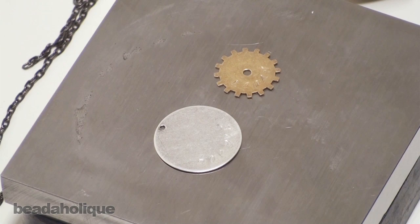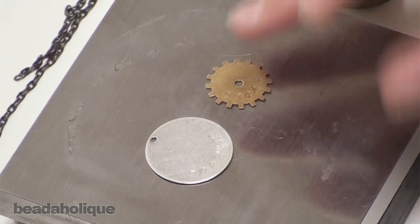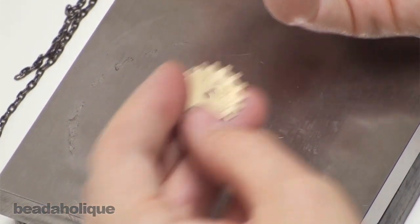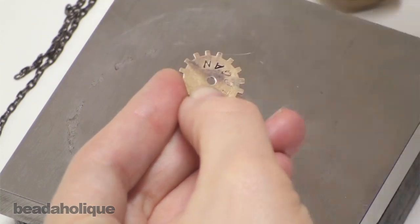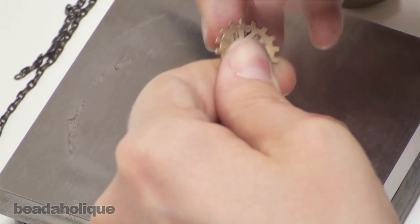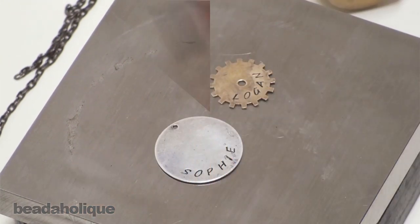Okay, now that I have the stamping of the letters done, now I want to blacken them using a permanent marker. You can also use black acrylic paint. This is not the most scientific method, but basically what I do is I rub it in and then quickly rub the excess off. It also provides a slightly antiqued look if you get some that stays on the other parts. Okay,